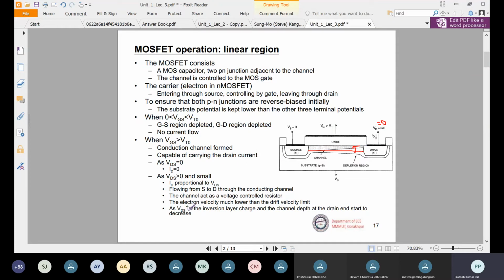So as we are increasing the drain to source voltage, the inversion layer charge that is forming a channel will have a smaller depth towards the drain region. जो ये डेप्थ था वो ज़्यादा था पहले, जो हम गेट वोल्टेज ड्रेन वोल्टेज कम था. अगर हम ड्रेन वोल्टेज बढ़ा रहे हैं तो इधर channel region का जो depth है that will become smaller. Okay, so this becomes smaller